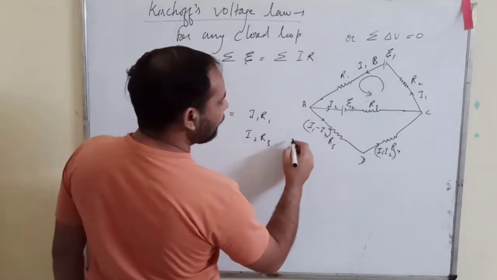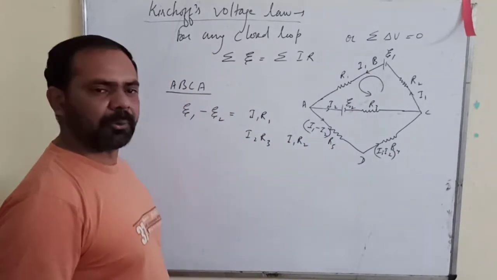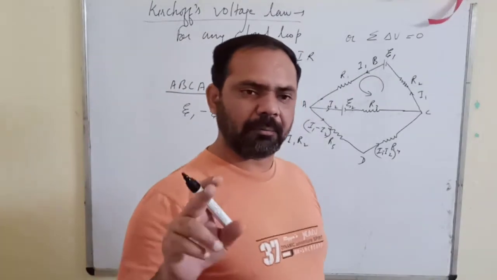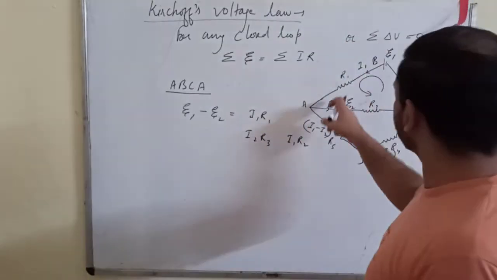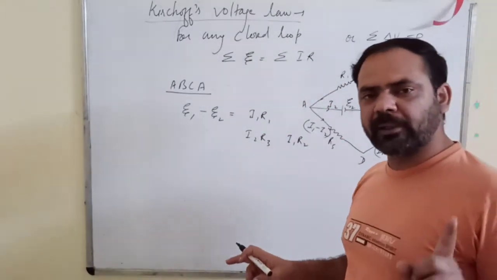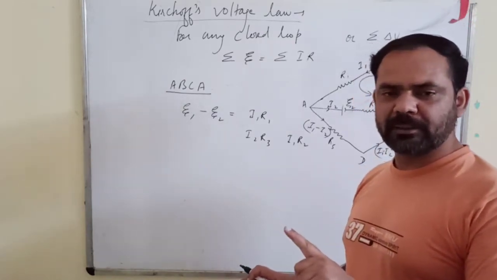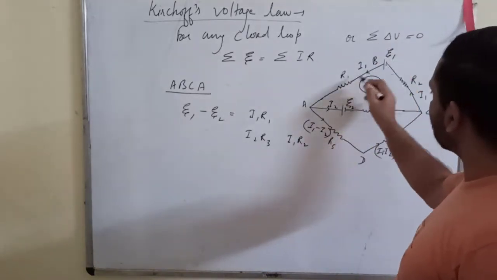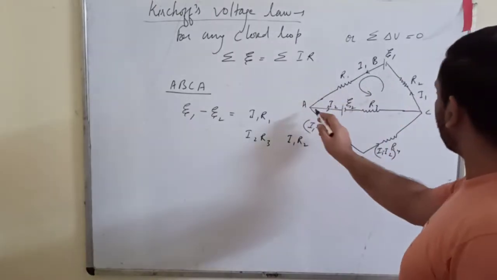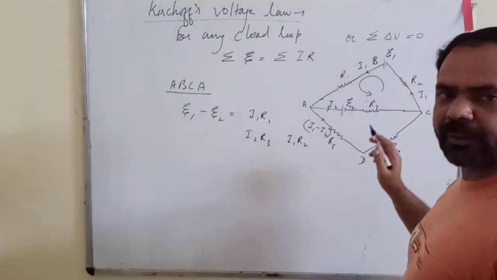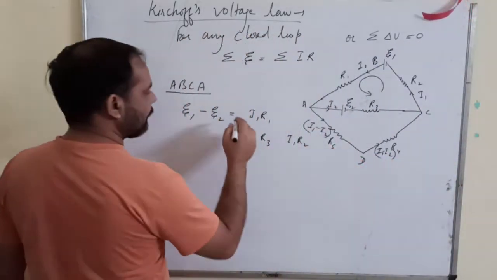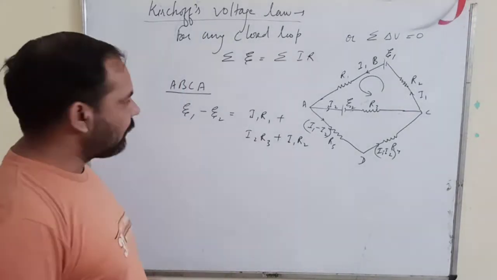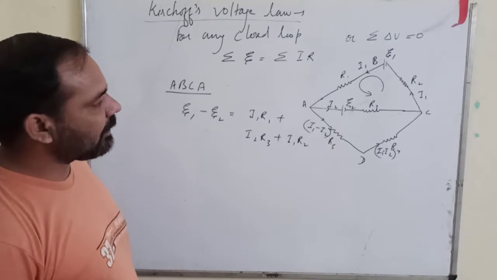Now what you have to do is decide what sign you should place, positive or negative. All the currents which are following your positive direction in this loop will be taken as positive currents, and those which are not will be negative currents. Now I1 is following the direction, coming anti-clockwise. Then I2 is again following the direction, I1 is again following the direction. So they are all positive currents. So this will be I1 R1 plus I2 R3 plus I1 R2. This is your equation in the loop A, B, C, A.